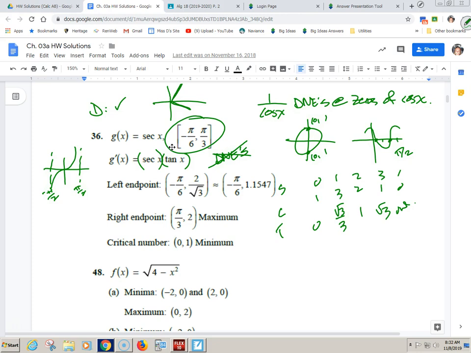Ooh, when does secant equal 0? Is that possible? How would you solve this? Secant equals 0. Set each piece equal to 0. This just becomes 0 equals 1, which could never possibly happen. Does that make sense? So does secant have zeros? Nope, well that doesn't help. I'm not crossing it away from the derivative. It is a part of the derivative, but it doesn't have zeros, and its DNEs aren't in the interval, so it's not helpful. Tangent's DNEs aren't in here, but does tangent have a 0?